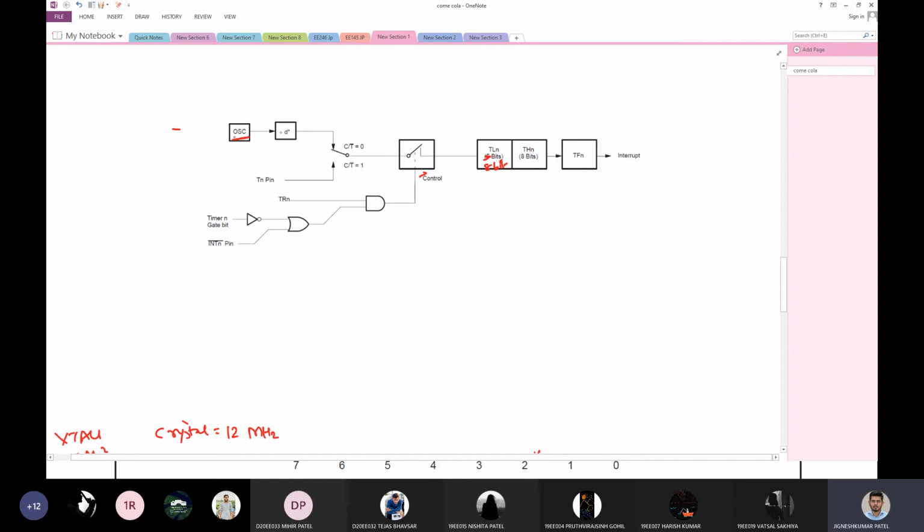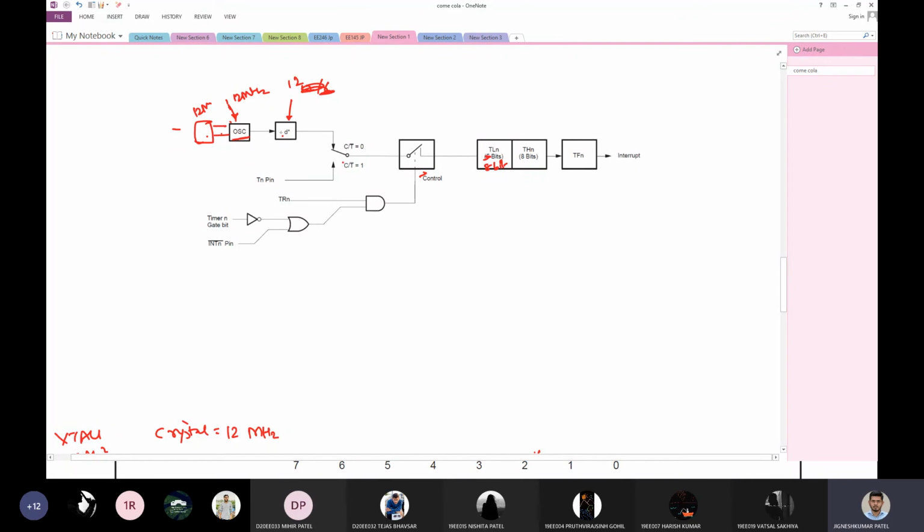This is my oscillator. Instead of crystal, it is known as the internal oscillator. Basically here you have connected a crystal, so the XTAL pins are connected to this too. If you have a 12 megahertz crystal, your oscillator will have 12 megahertz frequency. That's the thing. Then the division by 12. This can be 12 or 6 based on the mode of operation, but we'll only focus on 12 mode, that's why we have a division by 12 over here.